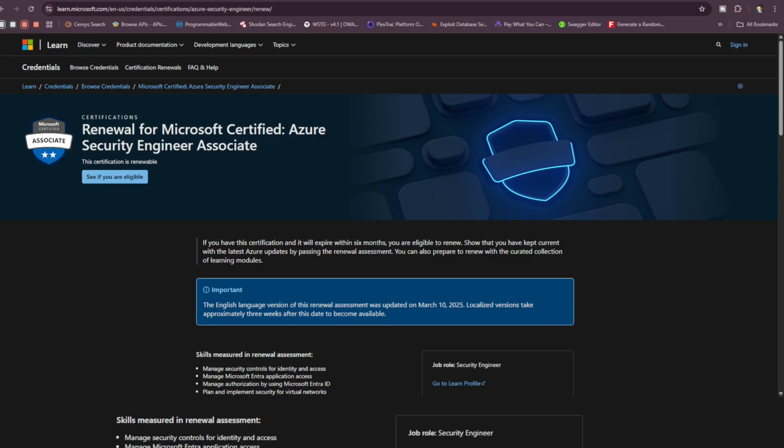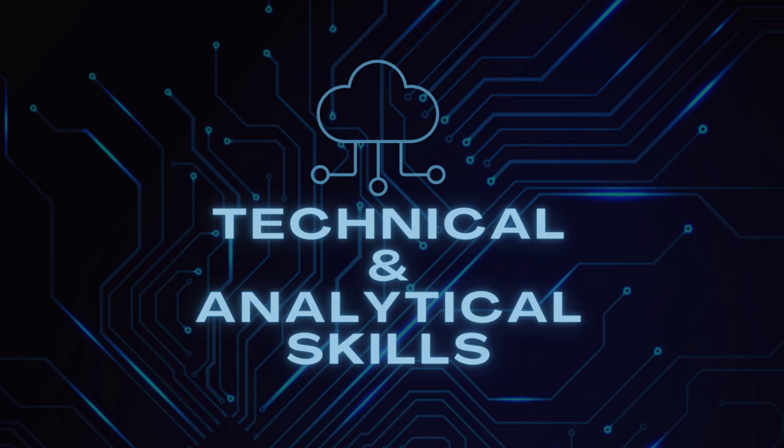Next, we have the most important skills to become a cloud security specialist. To succeed in this field, you need both technical and analytical skills. Here is what you have to focus on: cloud security controls and compliance, especially ISO 27001.